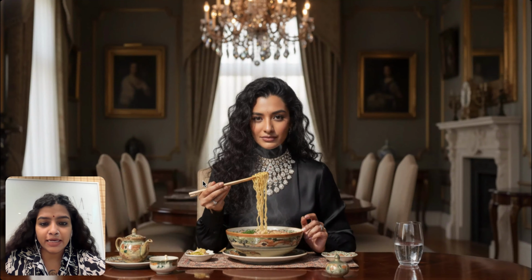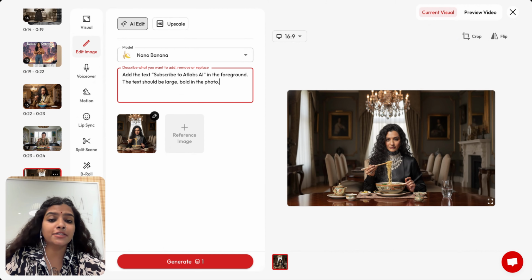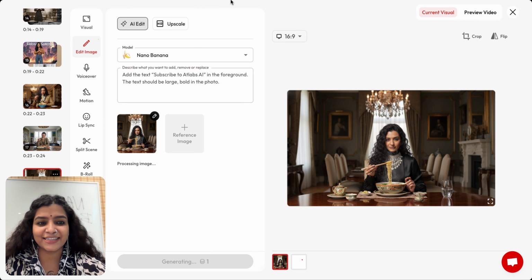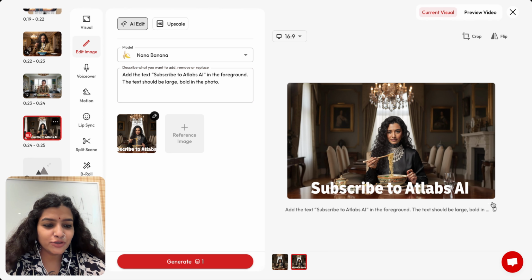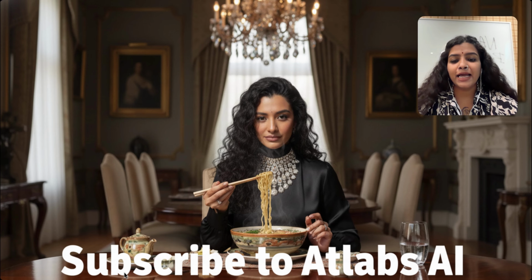All right, now I've chosen this image. Let's try writing text over it. I've heard that text ones are really nice and easy. You don't need Photoshop or anything. So I've written, add the text 'Subscribe to Atlabs AI' in the foreground. The text should be large and bold in the photo, and click on generate. And this is how the output looks. Pretty good, right? The spellings are also right. The text is exactly in the foreground. It is bold, and